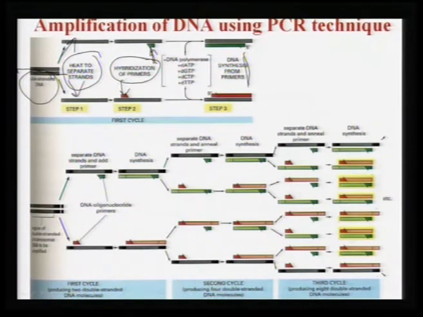So, here what will happen? This will replicate. So, S will produce another complementary strand S prime. If it is S prime, then it will make the other complementary strand S. So, here it is S and it is S prime in step 1. Step 3, once these primers are added, they will themselves produce another complementary strand. In case of S prime it is S, in case of S it is S prime. So, the DNA synthesis is completed. Now, the other thing that one can use is amplification of DNA using the PCR technique, polymerase chain reaction.